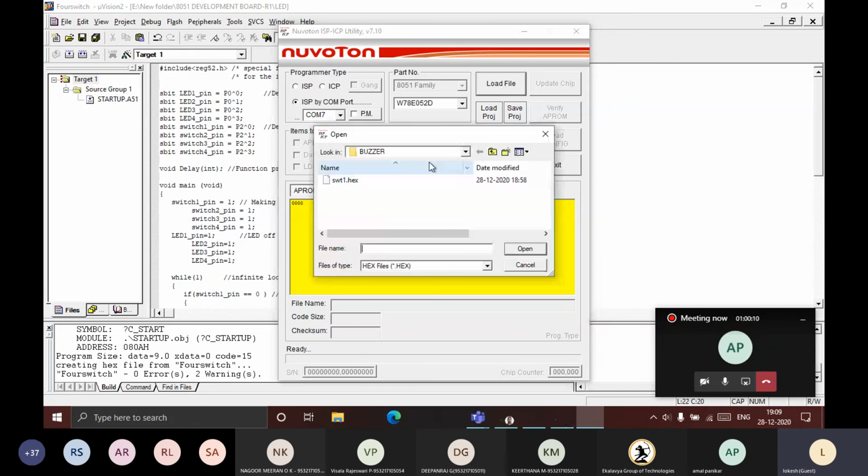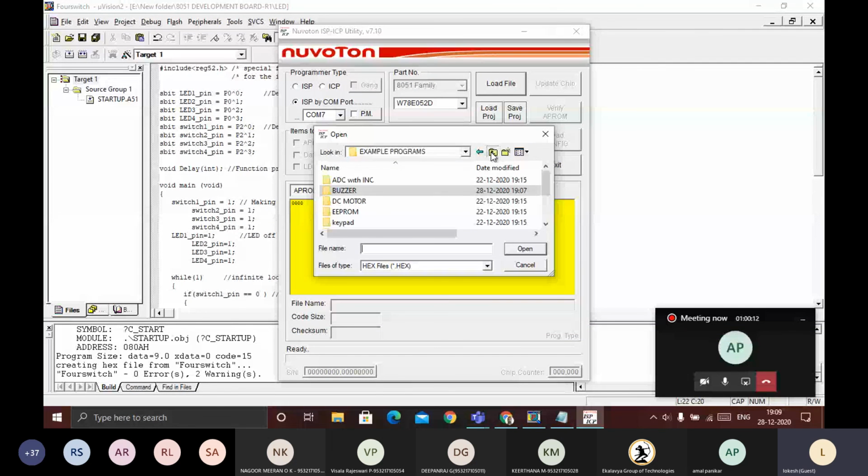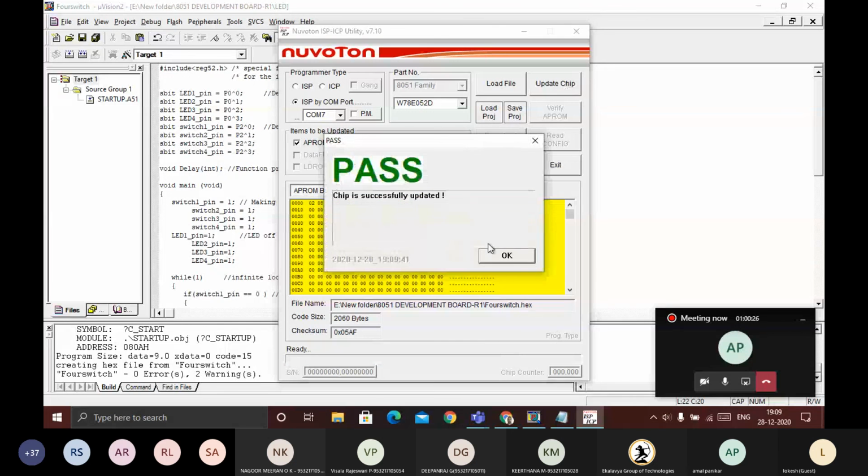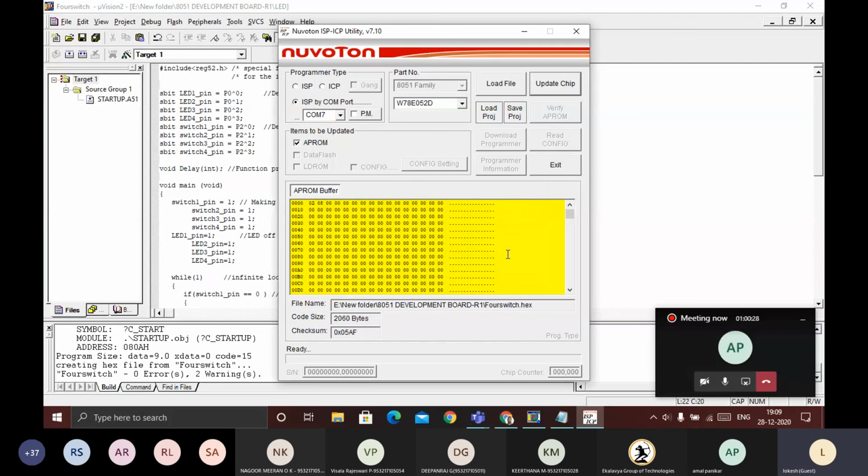Next, load file. The file we need to load is 4 switch hex. Open. Next, update the chip. So the chip is programmed successfully.